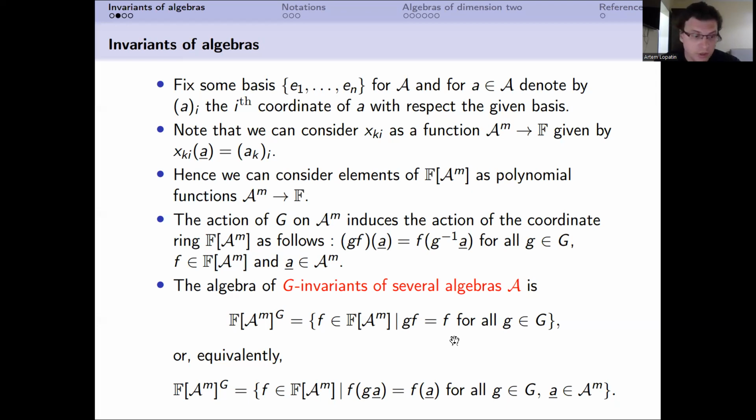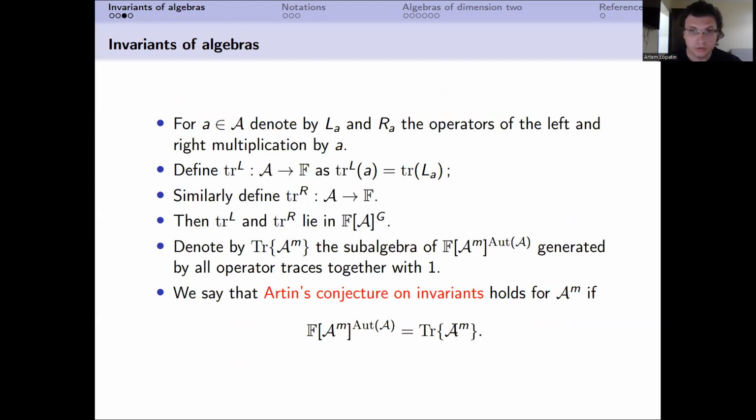Of course not, because, for example, we can consider a nilpotent matrix and the zero matrix, and they will not be separated by these invariants. But if, together with the usual polynomial invariants, we consider ranks of polynomials in matrices, then these elements will separate all orbits. And so invariants can be used, as I said, as a first step in separating orbits. Okay, so here was some motivation, and now we'll continue.